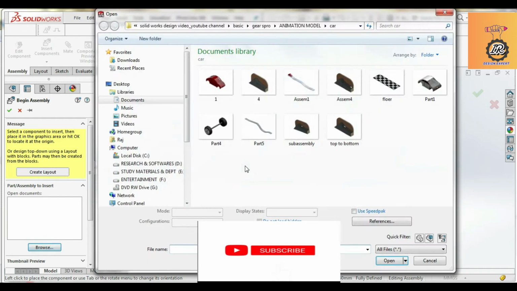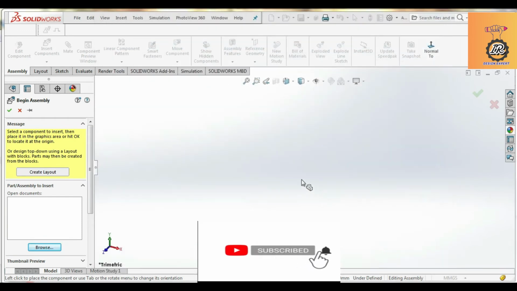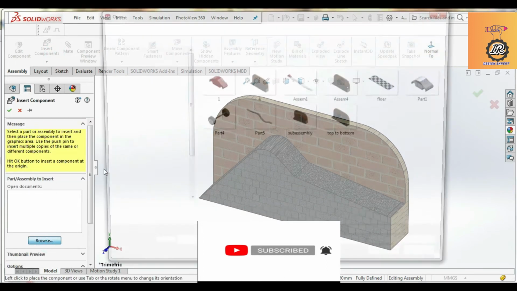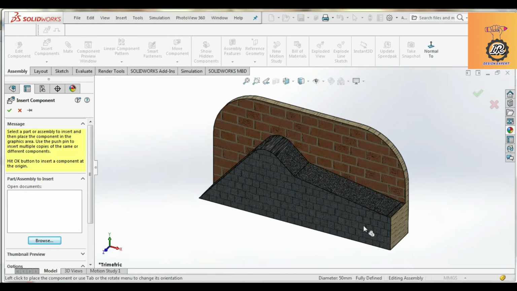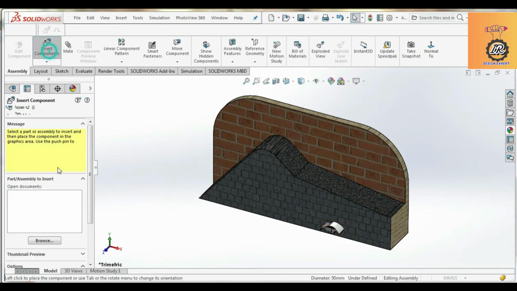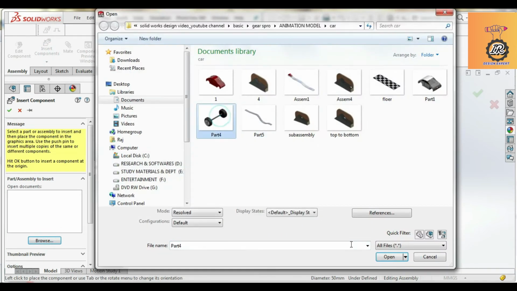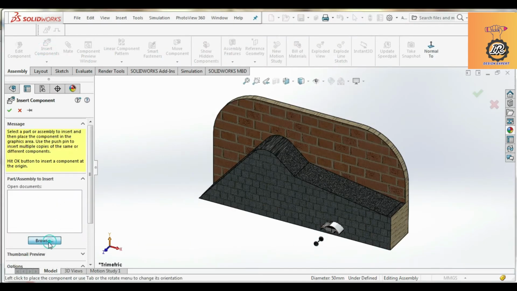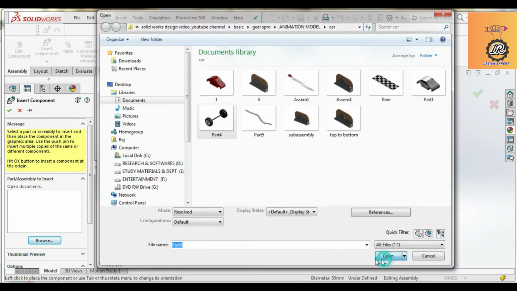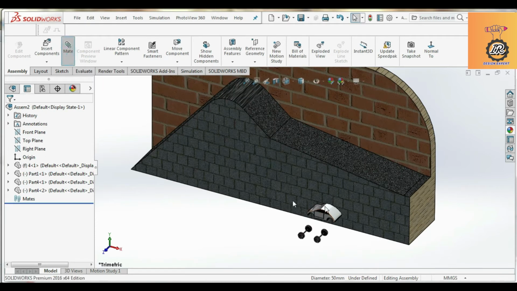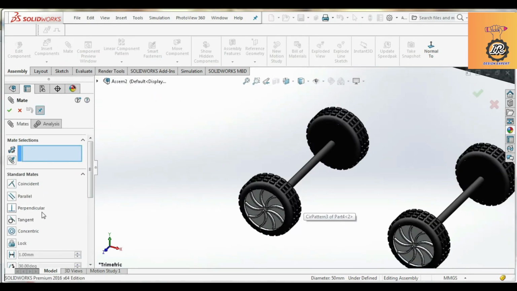Again insert, browse, select the wall, and you can select the car. The axis is to be changed. Again going to select a wheel. Again for the wheel, just click, copy and paste with Control C and Control V, and a new component will be created.